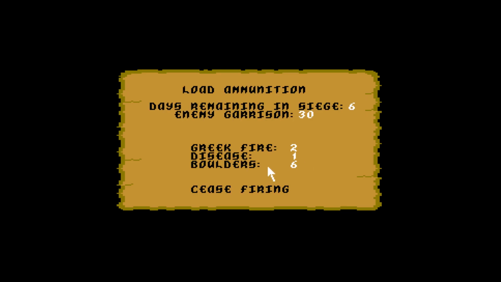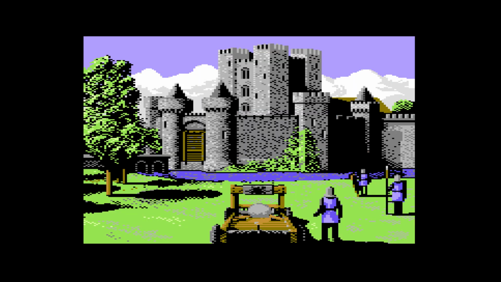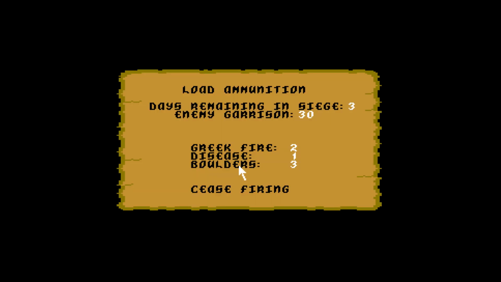Alright, great. There's only a garrison of 30 here. Alright, good old siege. Yeah, I'm getting pretty good at the siege, I guess. I probably shouldn't say anything though, because yeah, there we go. As soon as I say something, I miss. Big surprise. Oh god. Yeah, now here we're...